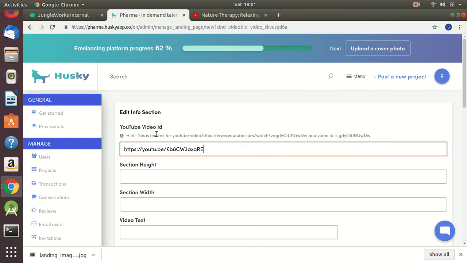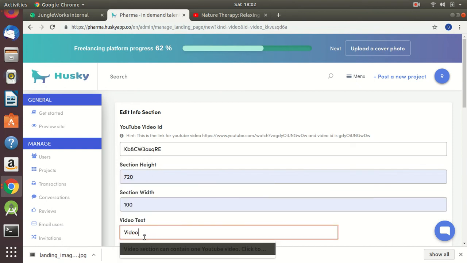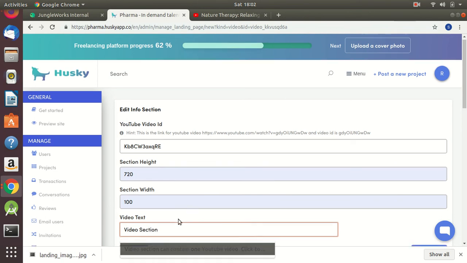But we will not add the whole URL of this link, we only need the YouTube video ID. So for the YouTube video we can set the height and width the way we want, and the title the way I want.